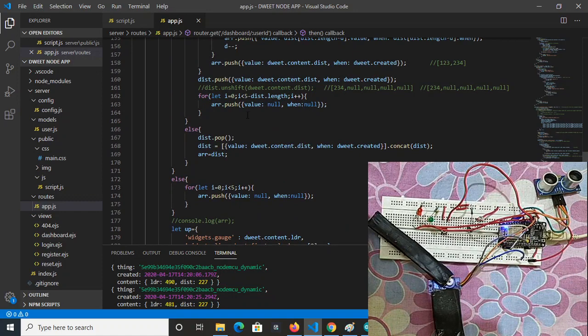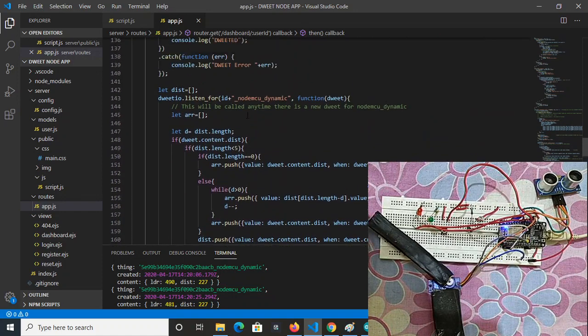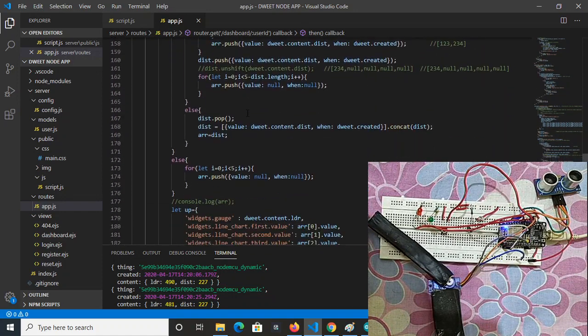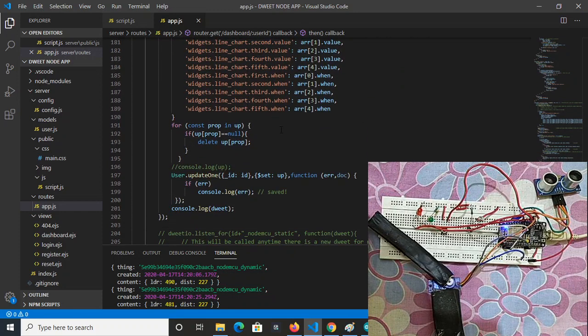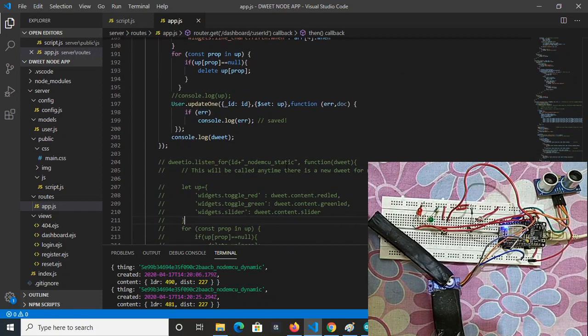I think you will understand the basics, and you can build your own project with the help of my code as well. So I will end the session now, and thank you all for joining.